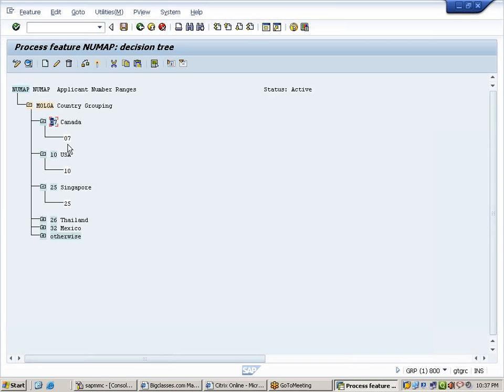If the applicant is hired for Canada, they are telling the number range is 07. If the person is hired for US, number range is 10. Like this, they have mentioned different number ranges for different country groupings. So how to maintain this? Same how we have learnt numker feature. You need to query on Molga, create,